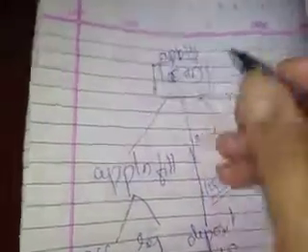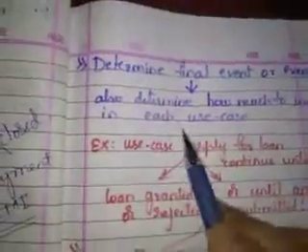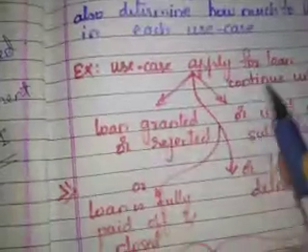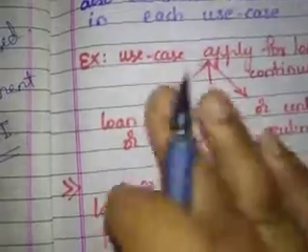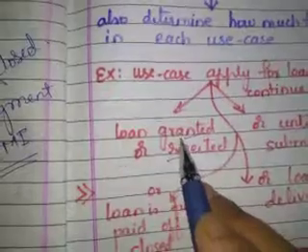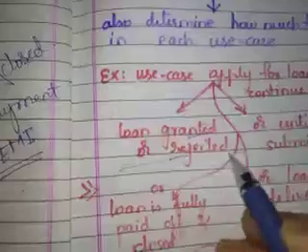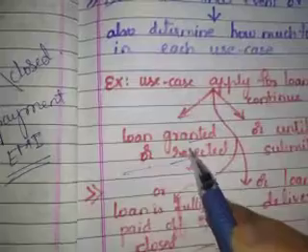Now, apply loan is a use case. You should explain how much is included in each use case. Till what point do you consider this loan application? Are you considering only till the loan is granted or rejected? Are you stopping the use case there? If so, the final event will be either granted or rejected, right? It's the same use case and you have included only till it is accepted or rejected. That's why the final event would be either rejected or accepted.